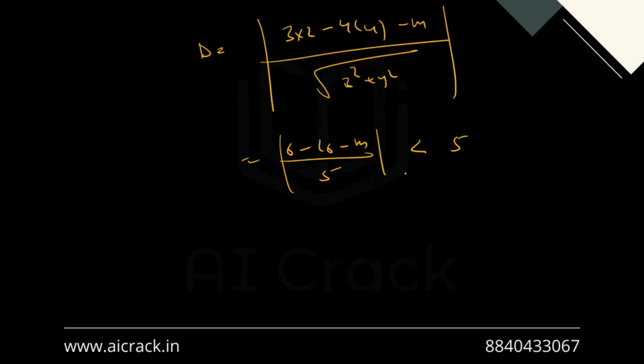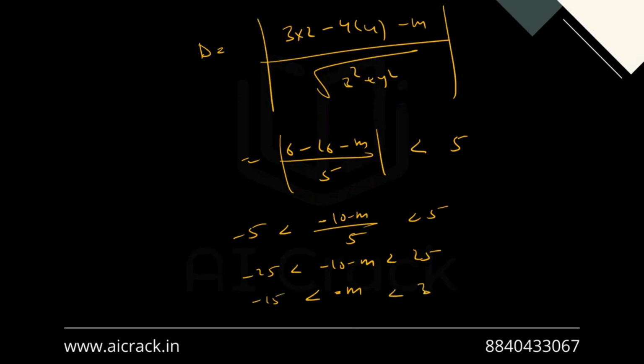So this will open with two signs, with positive and negative sign. So that would become minus 10 minus m divided by 5 is less than 5 and greater than minus 5. So this becomes minus 25 less than minus 10 minus m less than 25. So m actually, minus m, and this becomes minus 15. This becomes 35. So m actually becomes,